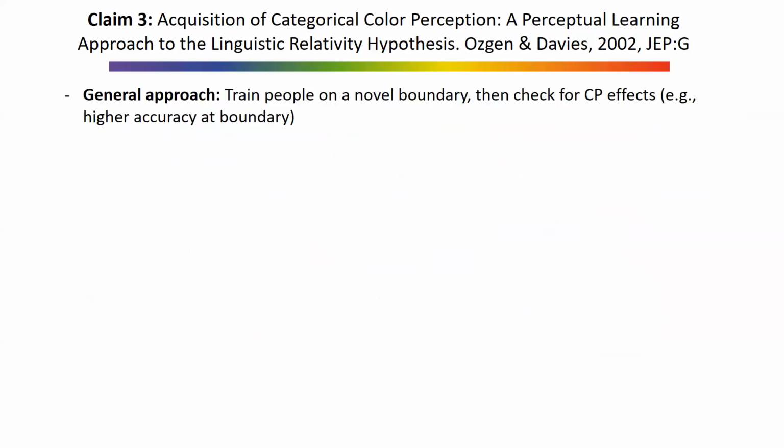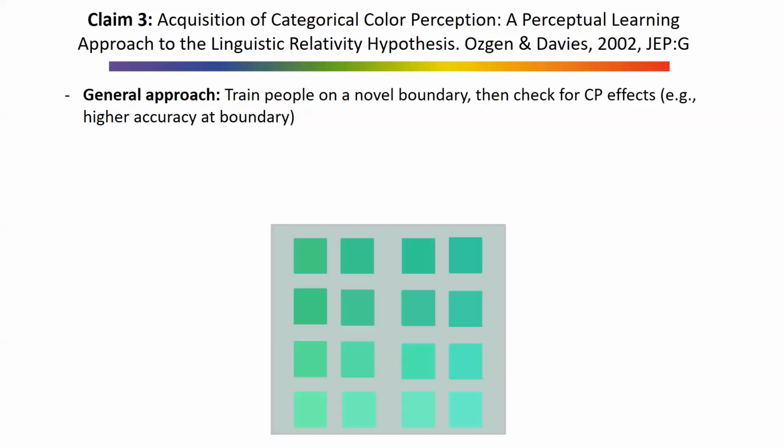The general approach in this type of studies is to train people on a new boundary. This is similar to some of the studies conducted by my dear colleague Ivana Yakovlev. In this study, they take part of the color space, green, where you wouldn't have a boundary, and then you teach participants, let's say, a new hue boundary. So you see, these are very similar samples, but on the left it's a more yellowy green going towards a more bluish green.